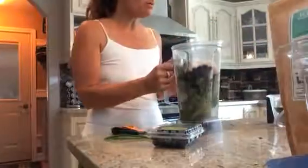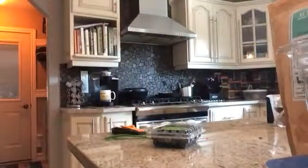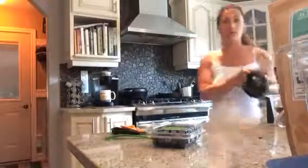All right, so I'm gonna go over and blend it up. You want this to be fairly chunky, so I'll be right back. Actually, I'll bring the video camera over. Okay, so basically we are going to put on the lid to the Vitamix here. Let's see if I can see. Yeah, we're going to,